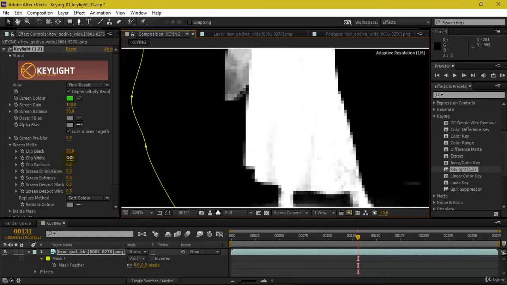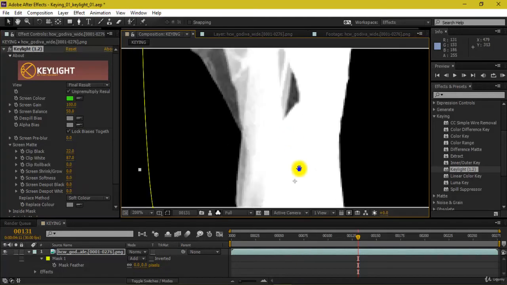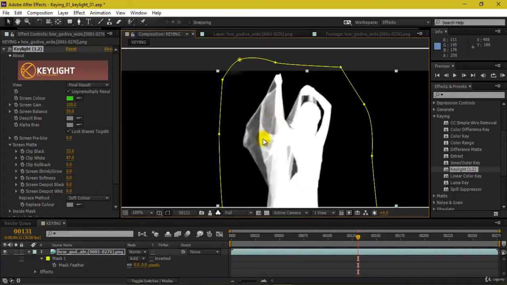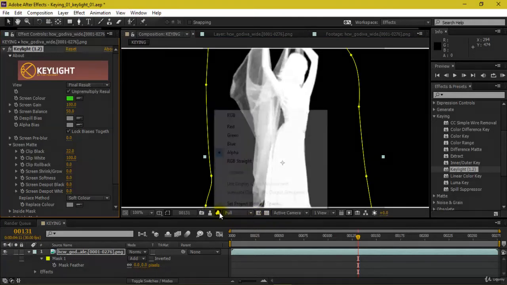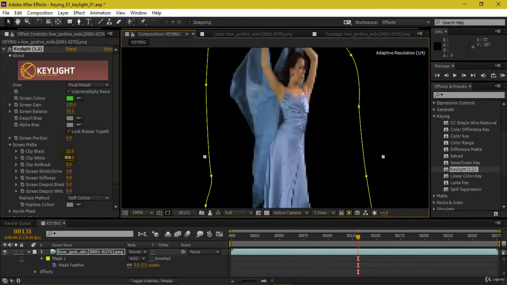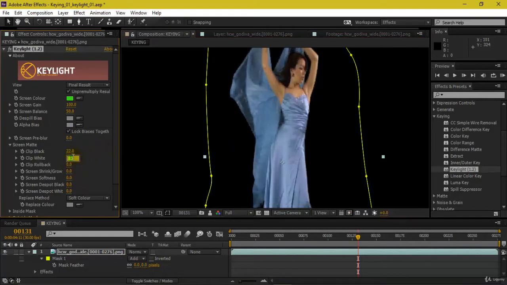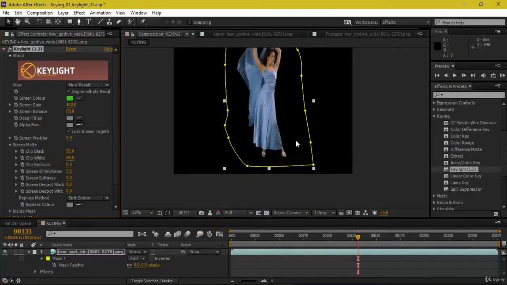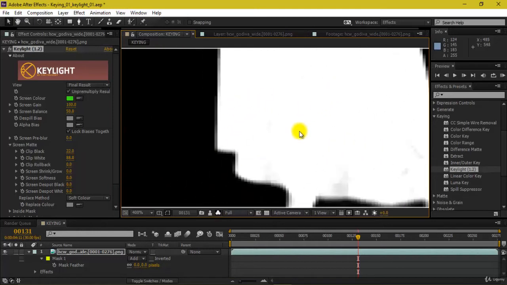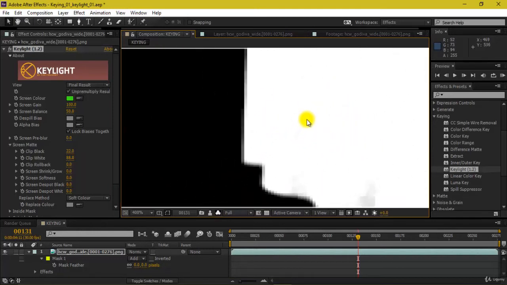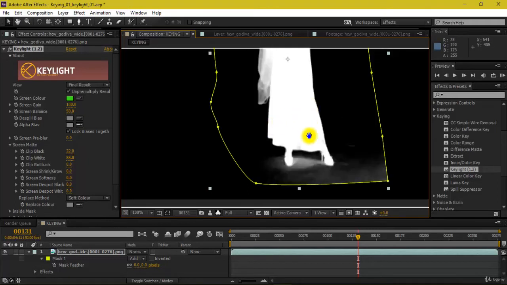So just decrease this down to something like 87, and let us see what we have got. This is semi-transparent only, but let us just go to 100 and see this. If I go back to my RGB and decrease this to 83, or maybe make this 88, what do I get? So this is slightly semi-transparent. And if I go again, this is 255. Yeah, pretty cool. Let us go back to alpha to check this. So if I go here, it's 255, which is pretty fine for me.